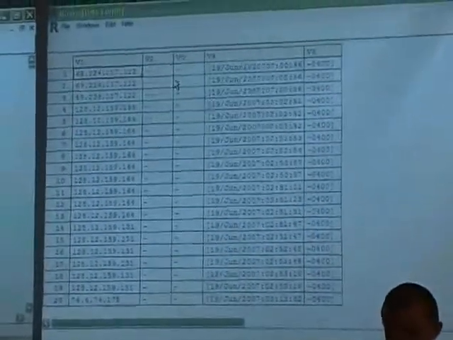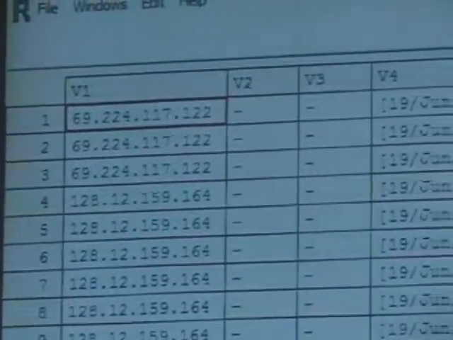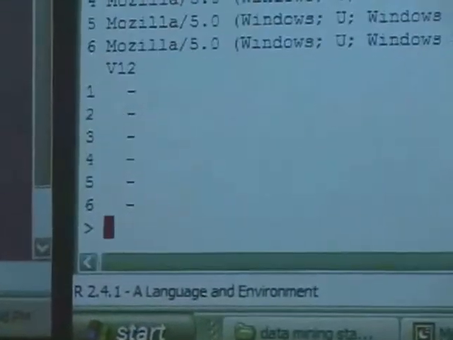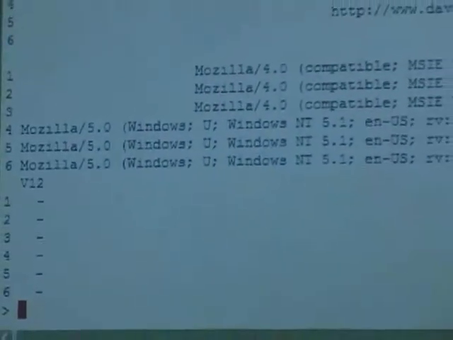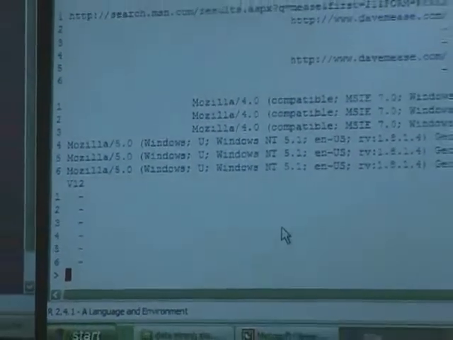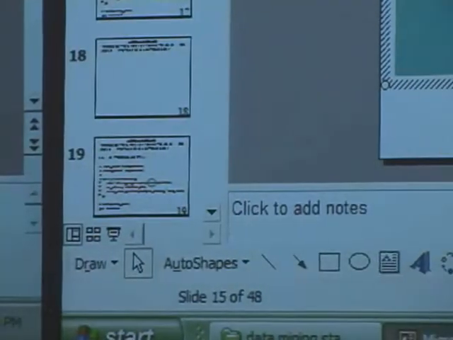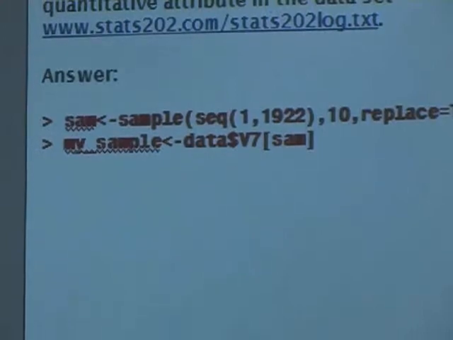There we go. So you see here, this is a preview of what the data looks like. And it chops things off depending on the size of the screen and things like that. The other command that is nice sometimes, head of data, I think just gives you the first 5 rows by default. So anyway, I've read in the data. I have my SAM object, which is the numbers of the rows that I'm going to take in my sample. And then I simply say here,